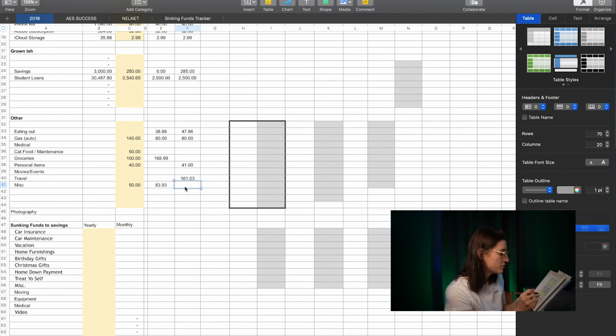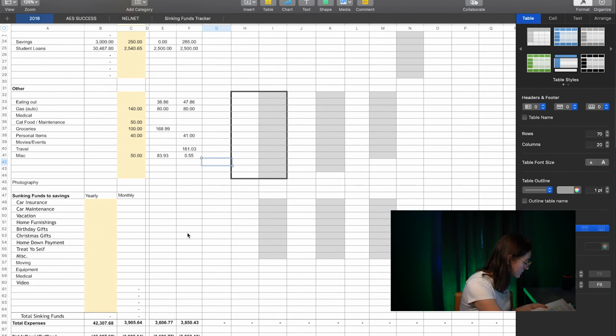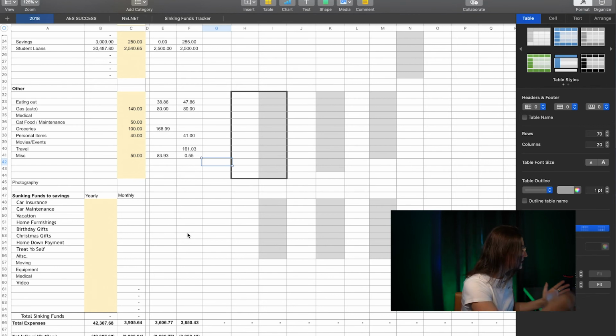Okay, for miscellaneous, I'm going to put USPS there, and it was 55 cents. So it really was not that much. And that's pretty much it. So that's pretty much all the expenses for the month. Again, with my card, there was a couple things where I'm just putting cash on the side and stuff like that. But that was all the expenses, and that came out to a total of